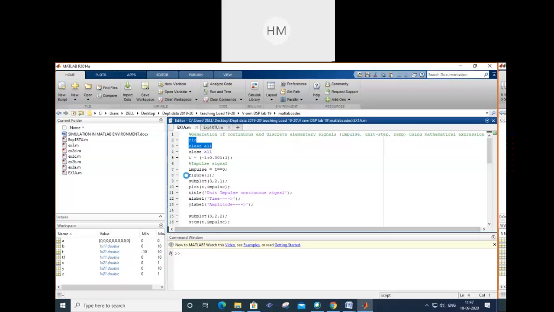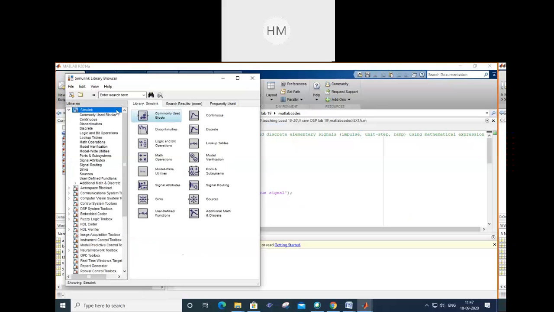This is my editor board where I will write the program. In the command window, I can write one command at a time and check its output. I can check the output over here. This is the Simulink library. Simulink means you will directly get blocks of that code, there is no need to write the code.